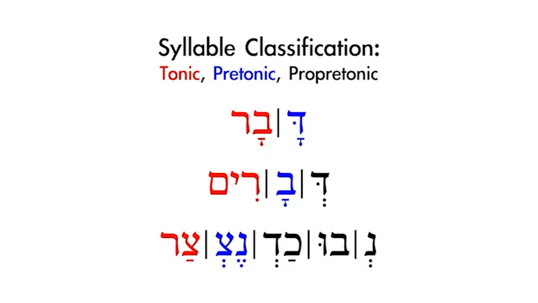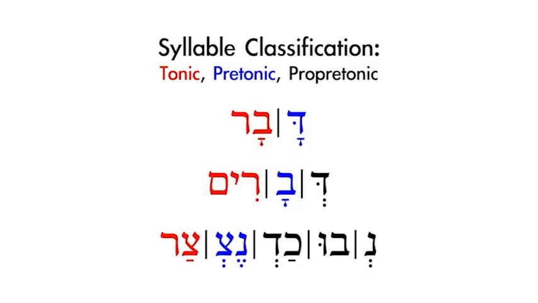the end of each word appears in red because it's the tonic syllable or the accented syllable. The syllable that appears before the tonic syllable is called the pretonic syllable. It's called pretonic because it's before the tonic syllable. And those syllables appear in blue in each of the three examples. Then there is the propretonic syllable. A propretonic syllable is any syllable that appears before the pretonic syllable. And all of those appear in black in the examples below, and we'll take a look at those in just